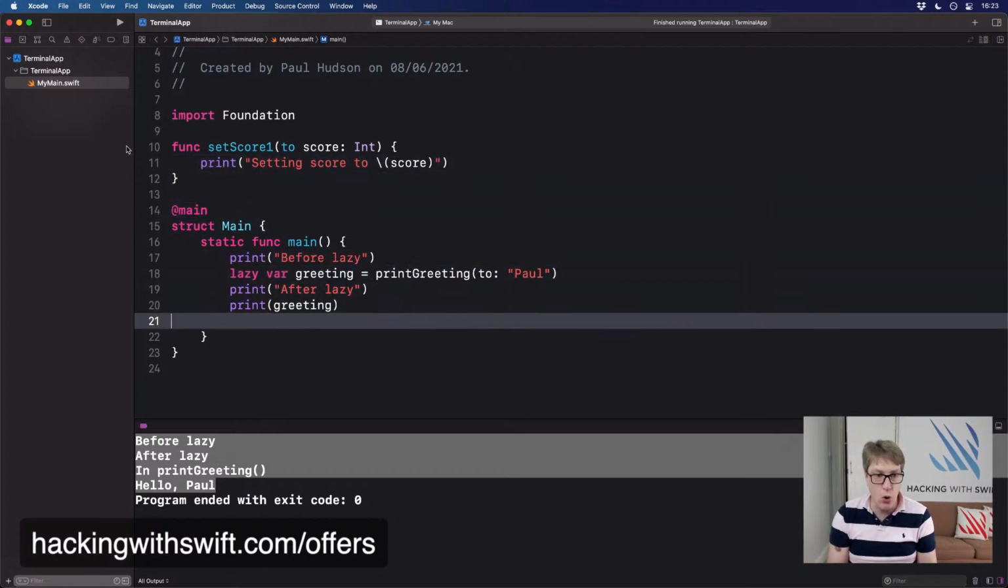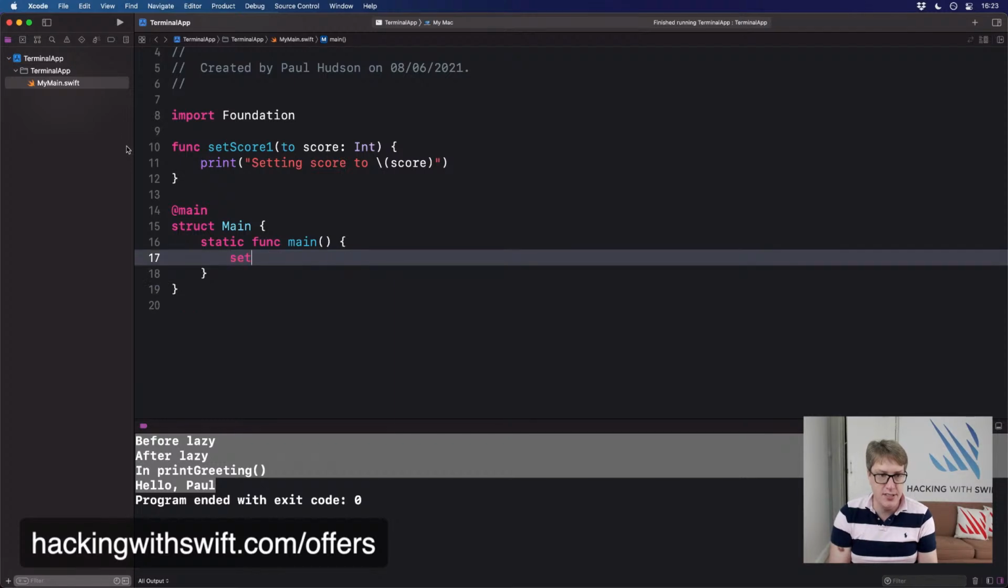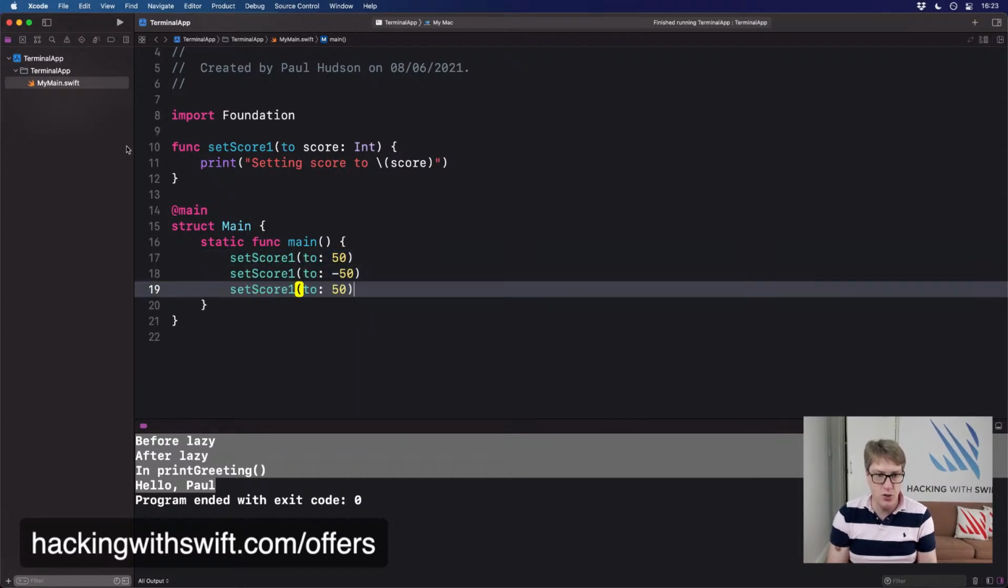And we can now go ahead and call that however we want to. Let's do set score 1 to 50. Set score 1 to minus 50. Set score 1 to 500. Whatever you want to. Now, if we said actually our score needs to be in the range of 0 through